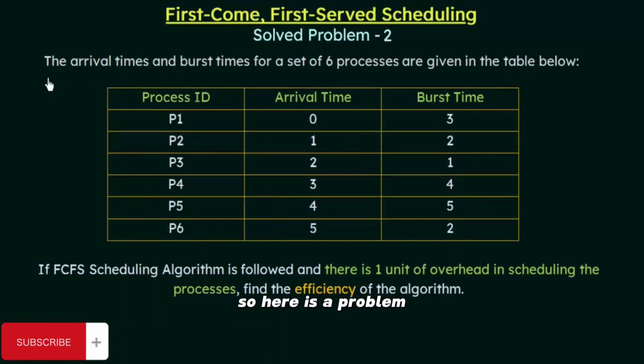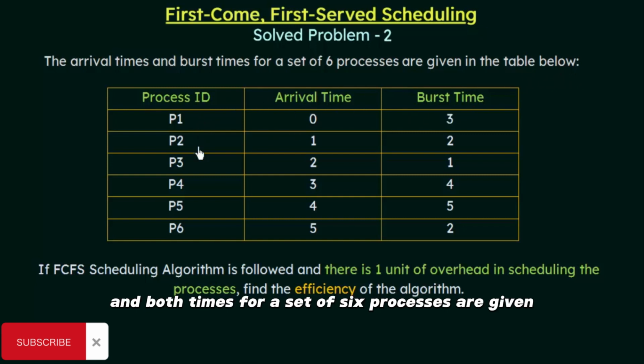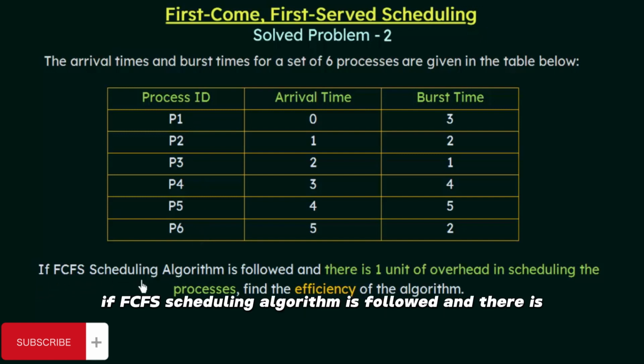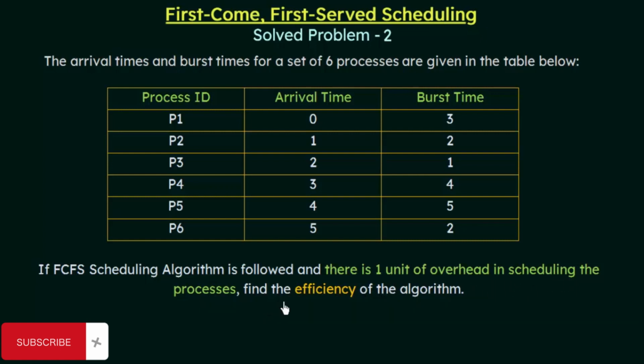So here is a problem. The arrival times and burst times of a set of 6 processes are given in the table below. So we have a table here where the arrival times and burst times for a set of 6 processes are given. The processes are denoted with process IDs P1 to P6. So here is the question. If FCFS scheduling algorithm is followed and there is 1 unit of overhead in scheduling the processes, find the efficiency